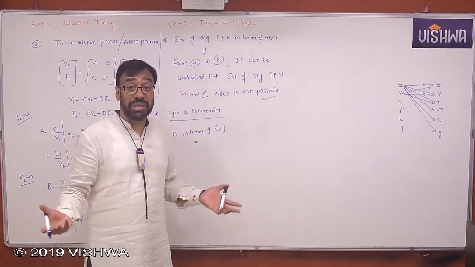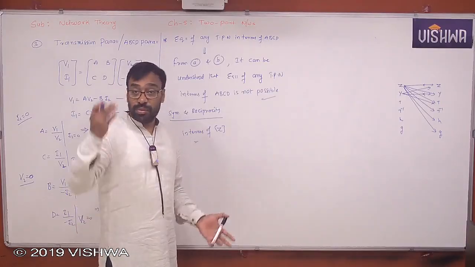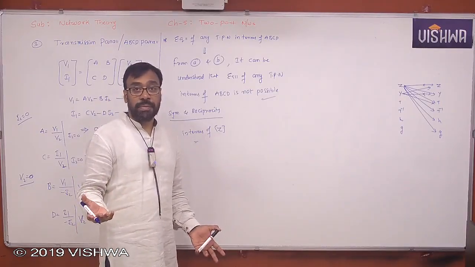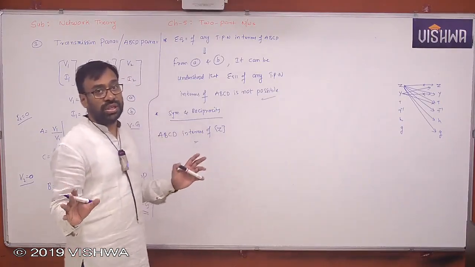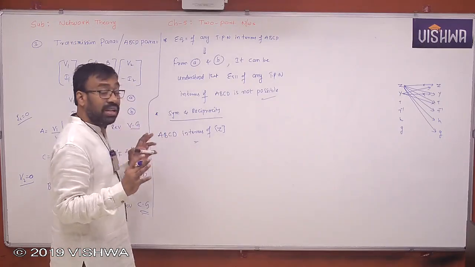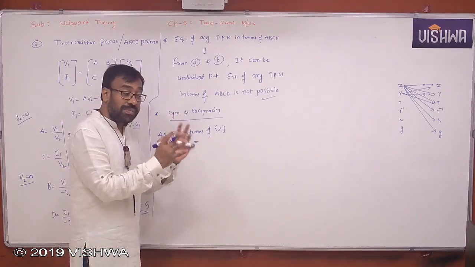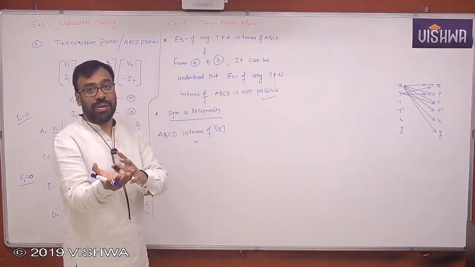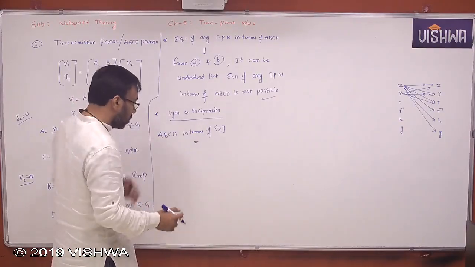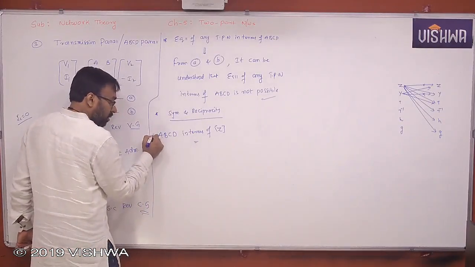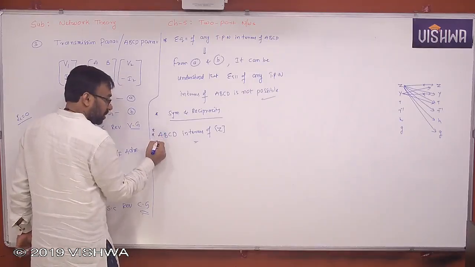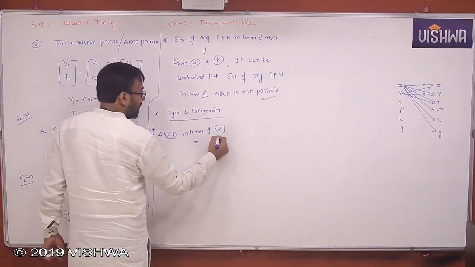How can you remember all these formulas? Your memory is not sufficient, definitely. So therefore, I give you a standard procedure how to express one type of parameters in terms of other types of parameters. Look at this all. It's very, very important. Okay. Standard procedure. So whenever you want ABCD in terms of Z,